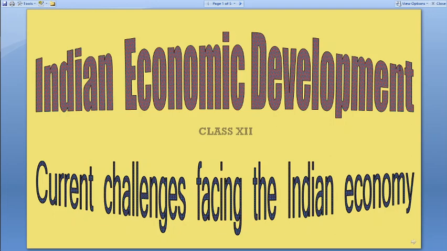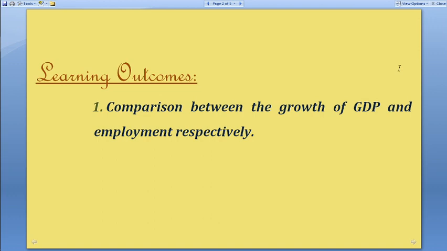Welcome to our third series of our topic, employment, under the unit Current Challenges Facing the Indian Economy. In today's session, you'll learn about this important comparison between the growth of our income and the growth in employment generation